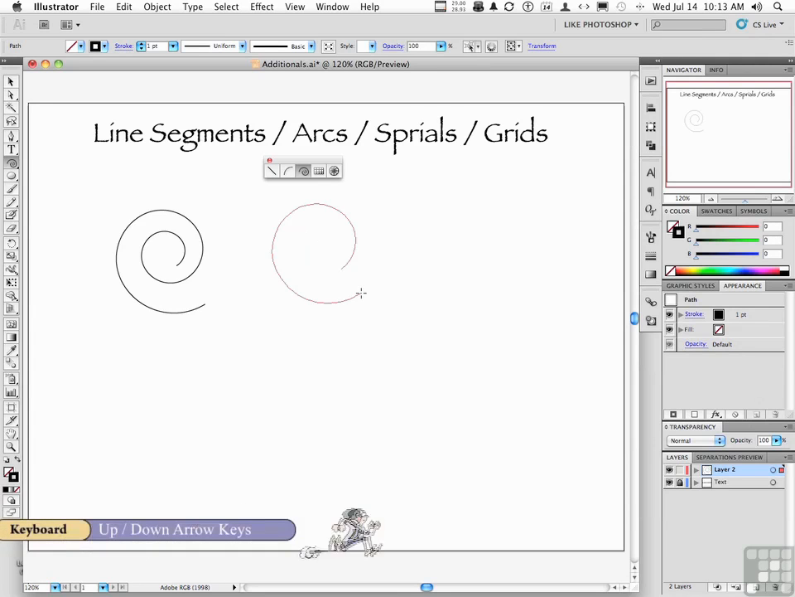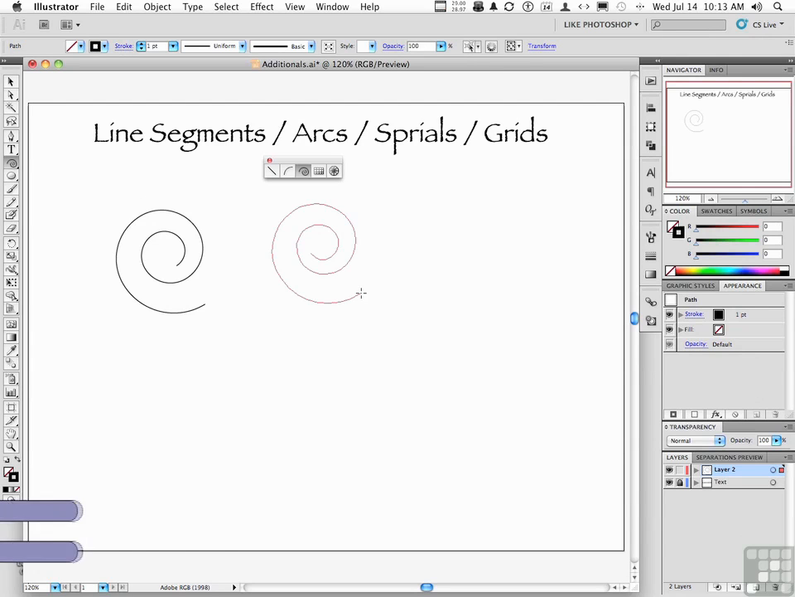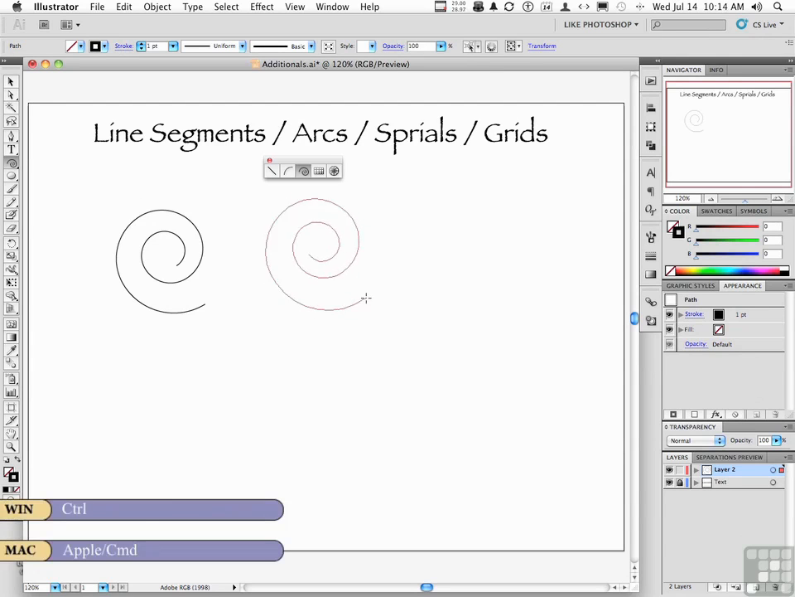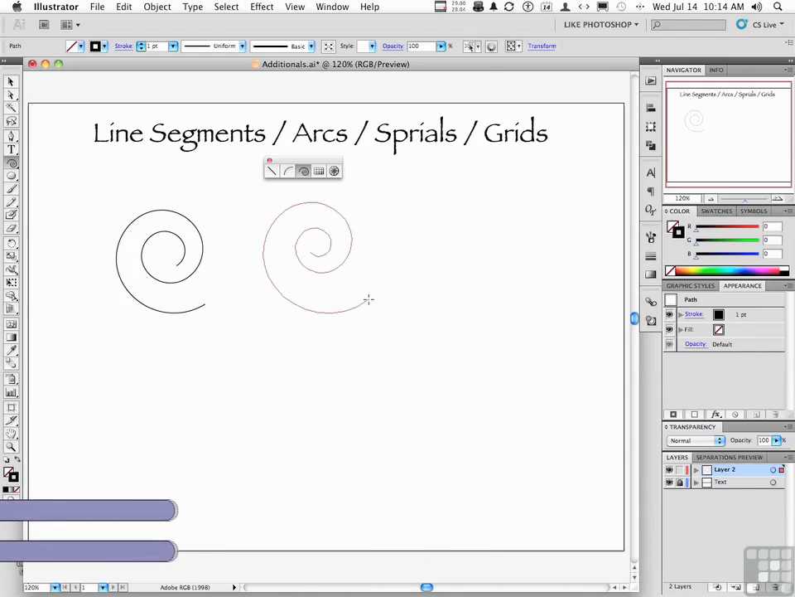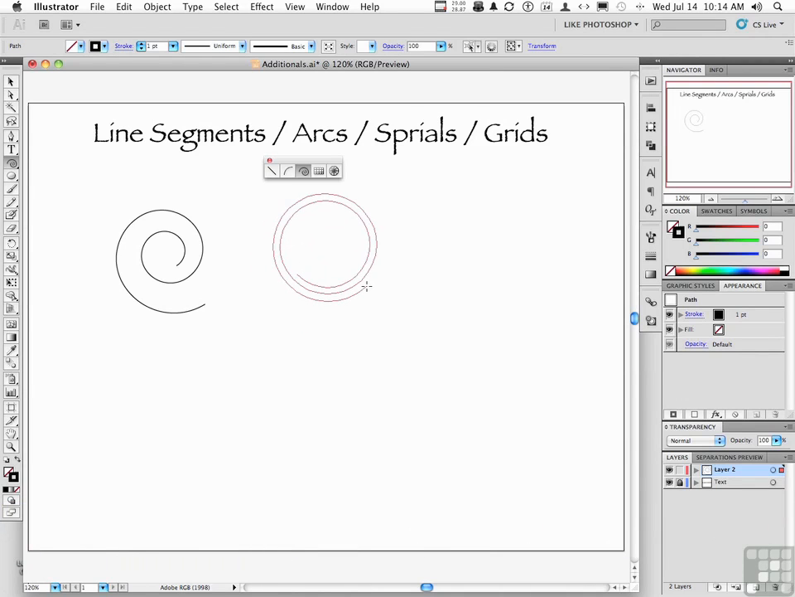Up key, down key. You know what? I don't like the spiral at all. Hold down the Control key. Now, before you do that, you're doing this. Watch what happens when I hold the Control key down. It's like you're unwinding a spring, but you can create any spiral that you want by holding down the Control